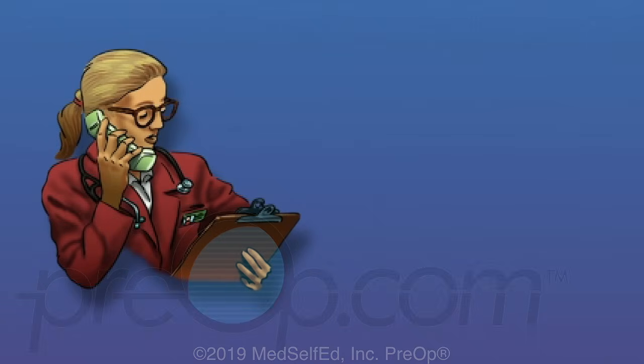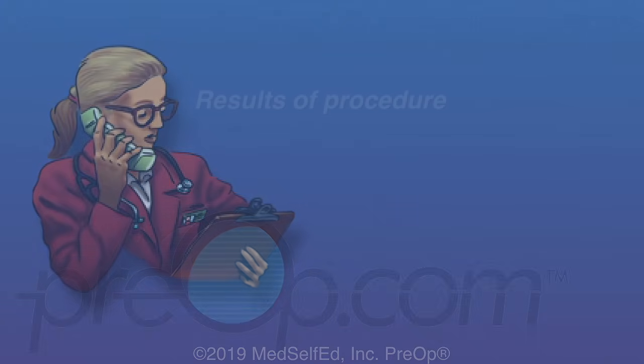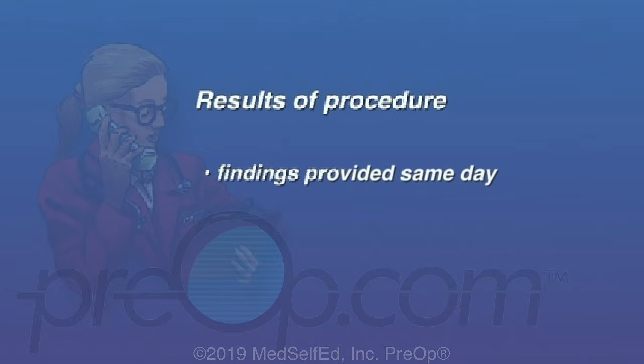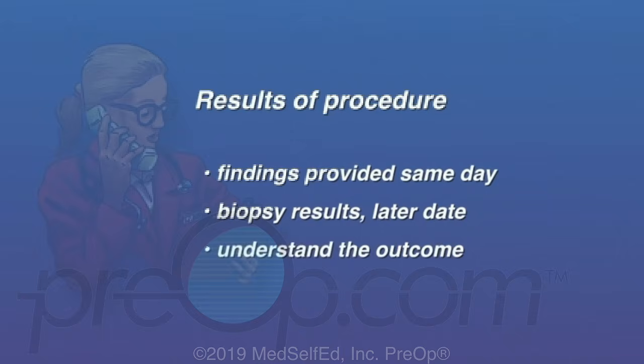Before your surgery, know what is planned for you so that you can prepare. Results and immediate findings of the procedure may be provided the same day. However, if tissue was sent for testing, the biopsy results may not be available until a later date. Be certain you understand the outcome of your procedure and if or when you need to follow up with your